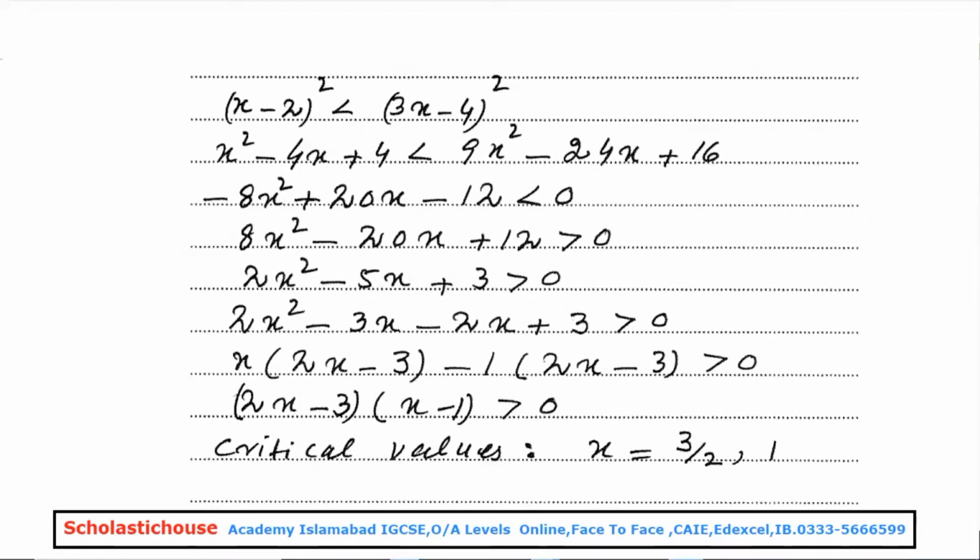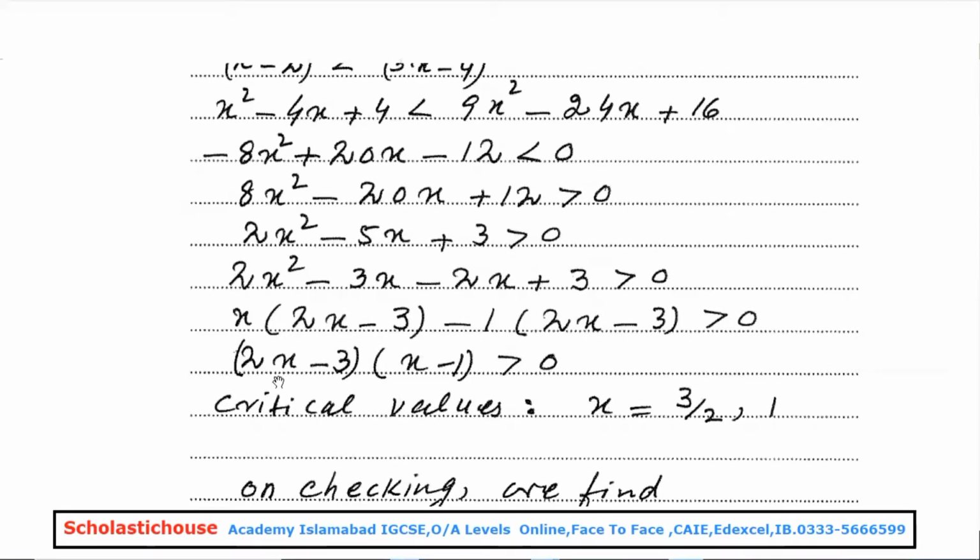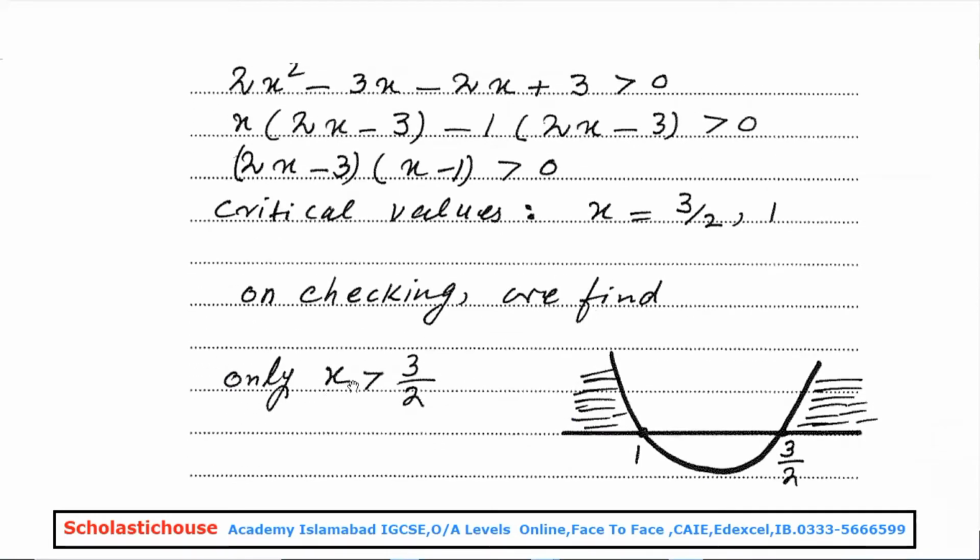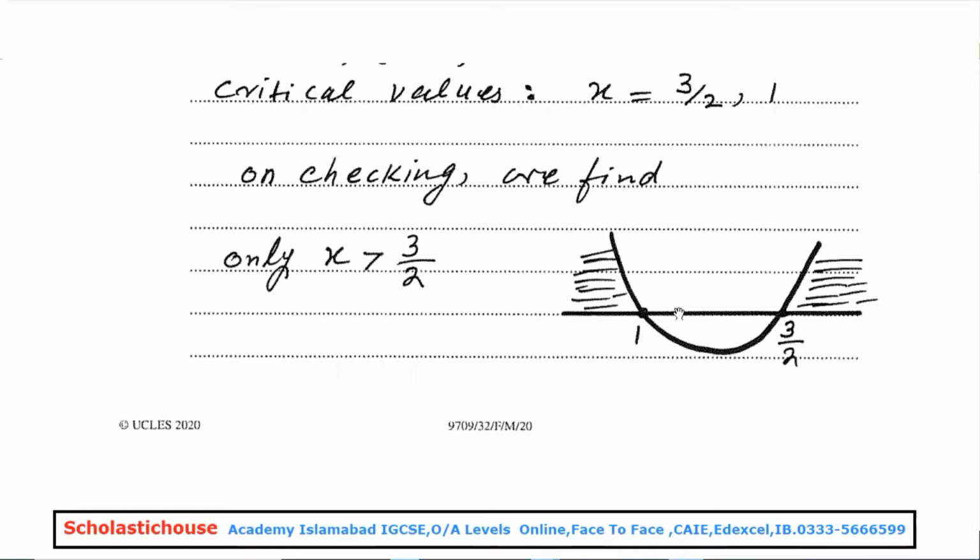So by middle term breaking, we have two factors, 2x minus 3 and x minus 1, greater than 0. So the critical values are x equal to 3 over 2 and 1. These critical values can be obtained by putting each factor equal to 0. But on checking, we find only x greater than 3 over 2 is a true answer. Due to this greater than sign, draw a straight line,